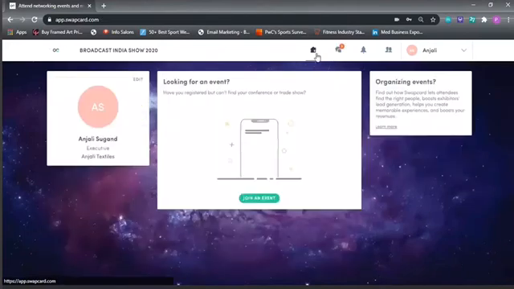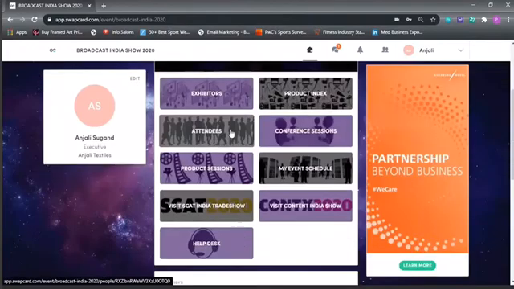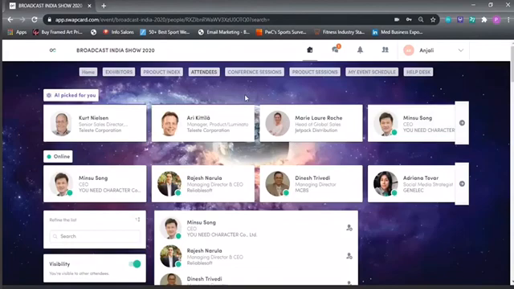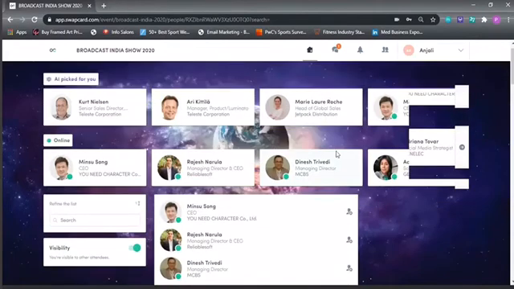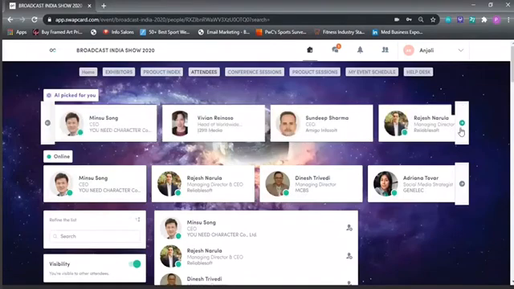Now, how does an attendee connect to an attendee? Here we go to the attendee section. As you see, it gives you an option of who all are online on this platform. Also, there's an AI-enabled option which gives you a detailed description of who you should connect to based on your movement on the platform.